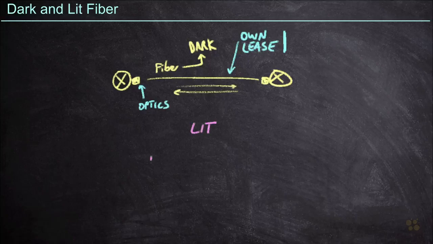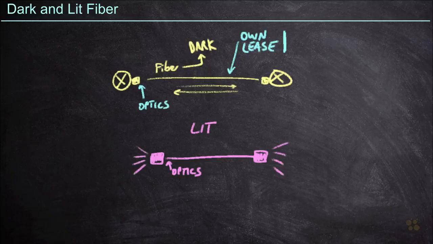Well, a lit fiber service involves a service provider that deploys their own devices on either end of the fiber. So they are going to deploy their own optics, they're going to take care of this connection, and from there they're going to hand off to other companies. Their goal here is for them to maximize the connection of this link by selling bandwidth to other organizations. So let's say I'm one of those organizations, and I've got my router on both sides of this connection again, and I'm going to pay them so much money a month for them to connect me to their lit